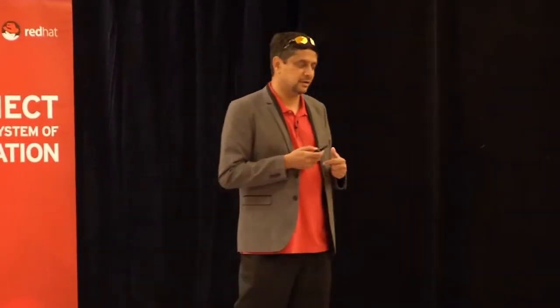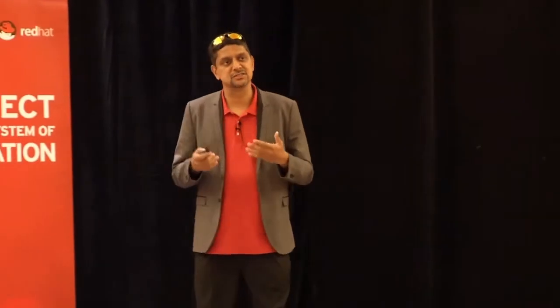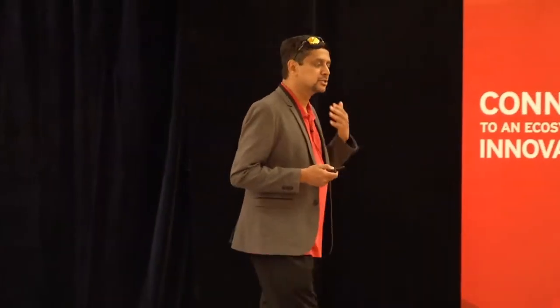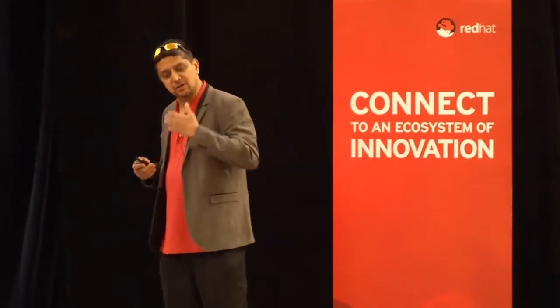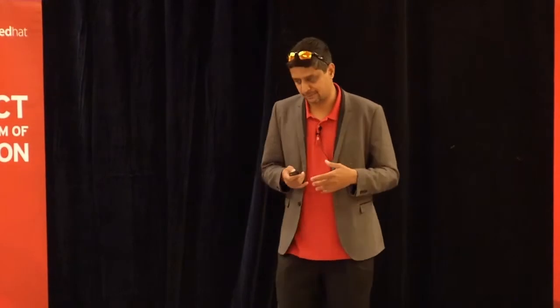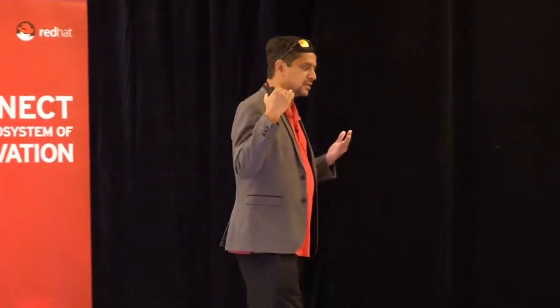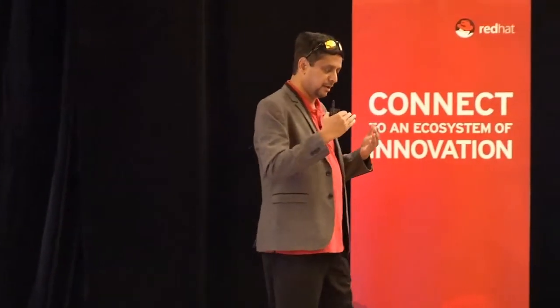And OpenShift is Red Hat's offering in that space. We have OpenShift Origin, which is our upstream open source code base, where all the development happens. Then we take it to OpenShift Online, which is our hosted offering, which is the public PaaS version of OpenShift. Then after that, we tighten the code and make sure it works well for the enterprise needs and deliver it to enterprises for on-premise PaaS. That is OpenShift Enterprise. So as I said, a platform as a service is an abstraction at a much higher layer,